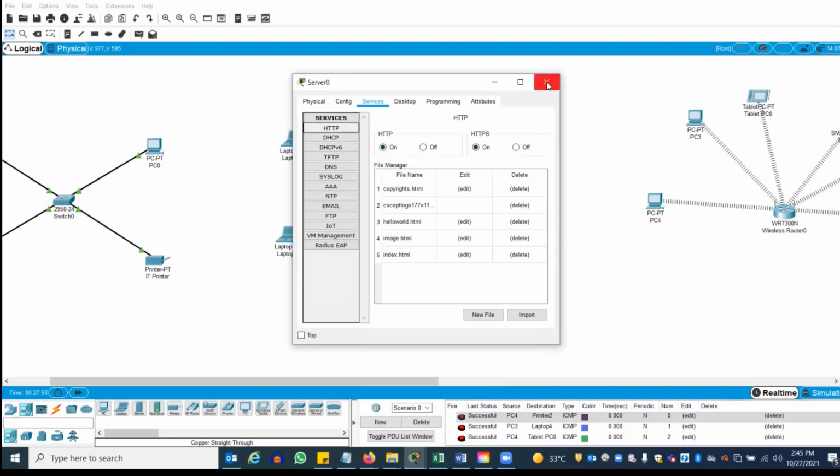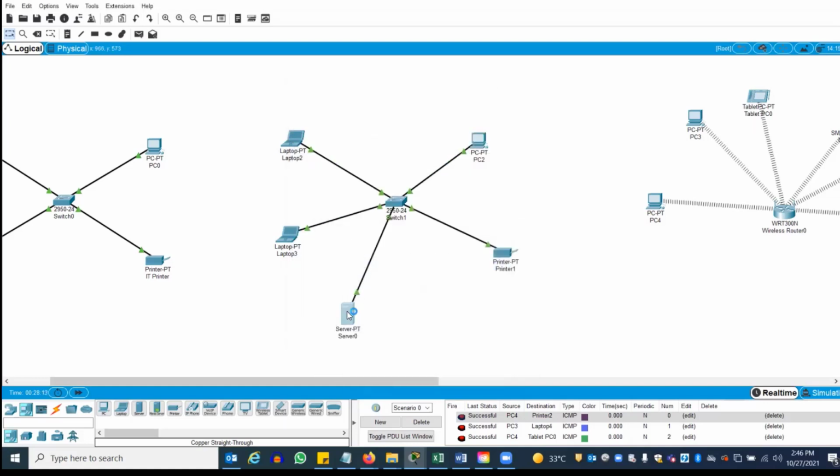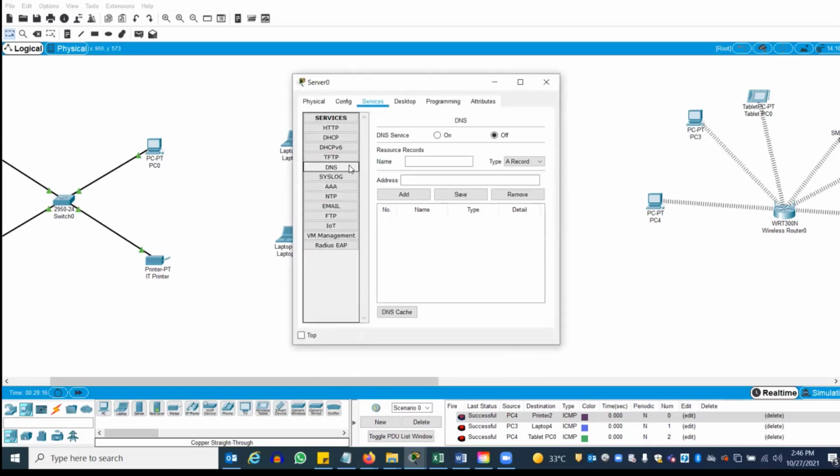So, but I don't want to remember this IP address. It's complex. I might forget. So what I will do, I need to mask this IP address with some name. How do we do that? So go to the server. We have something called DNS. Okay. So I have to enable the service. Okay.